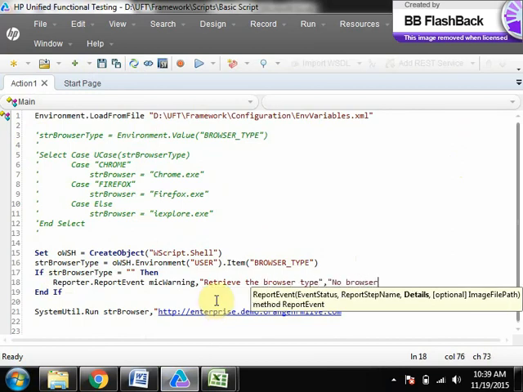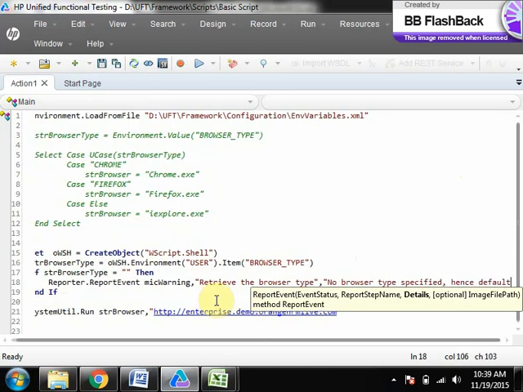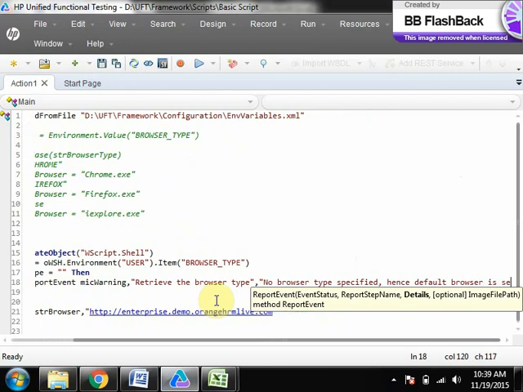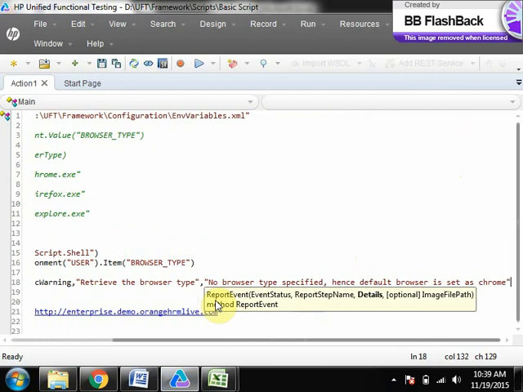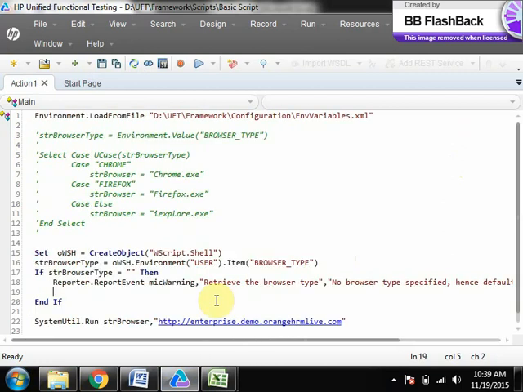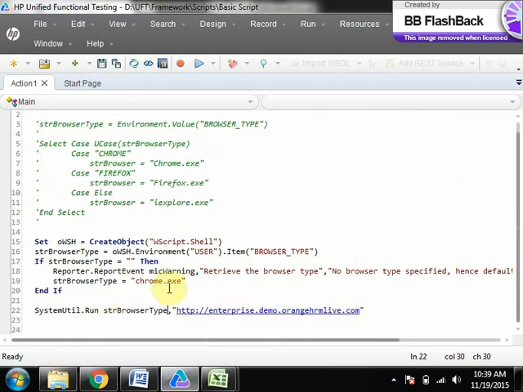No browser type specified, hence default browser is set as Chrome. In case the user has not specified any browser, then we will specify the browser type. Now you specify strBrowserType here. Getting what I am saying here?